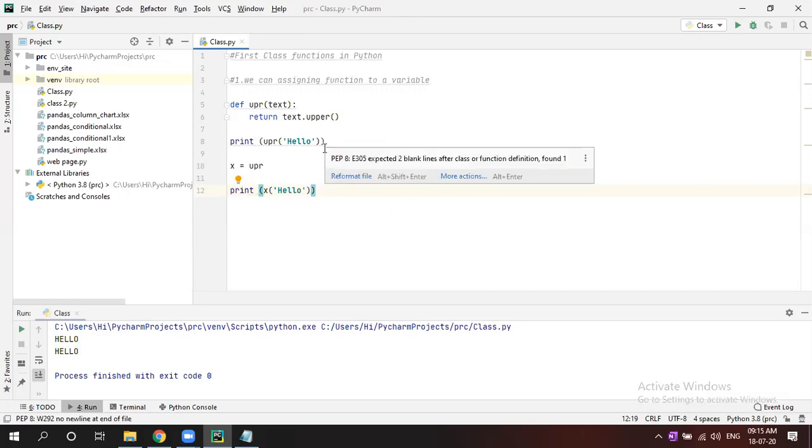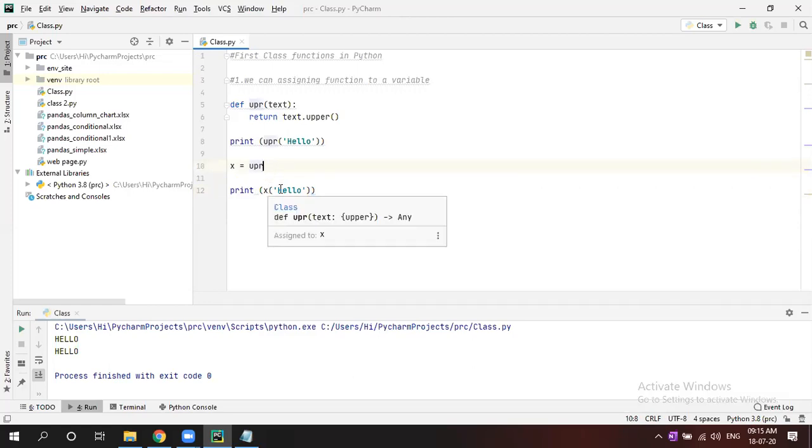Now it is telling we can assign a function to a variable. Let's say x is a variable. I can assign that upper to the variable x. Now x will act the same as upper. See, instead of upper I am writing x hello. Same thing. So that means we can assign a function to a variable.